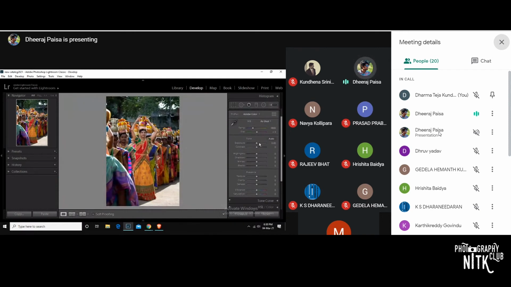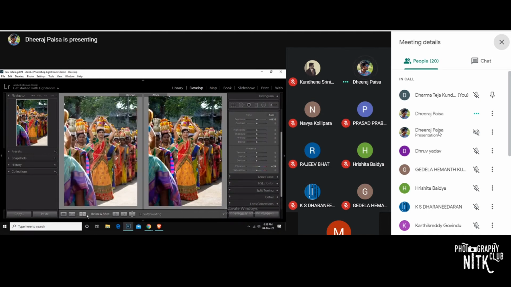Let's increase some overall exposure. Let's increase some vibrance. I always choose vibrance over saturation because vibrance increases overall color, whereas saturation increases only the main tones. So I feel this is edited up to the mark. Yeah, that's it.